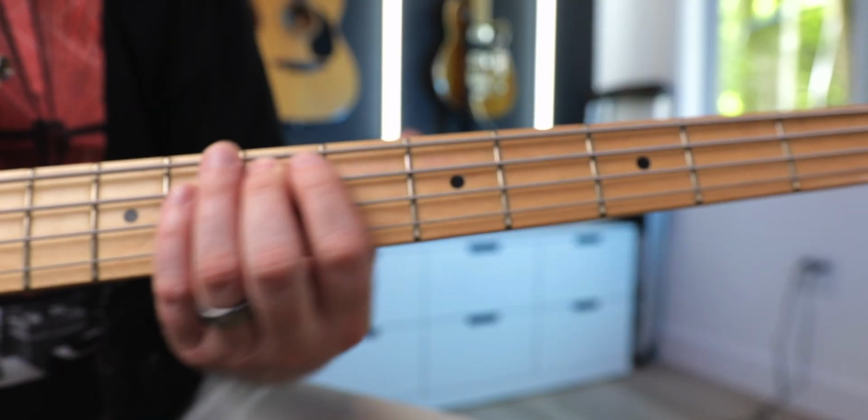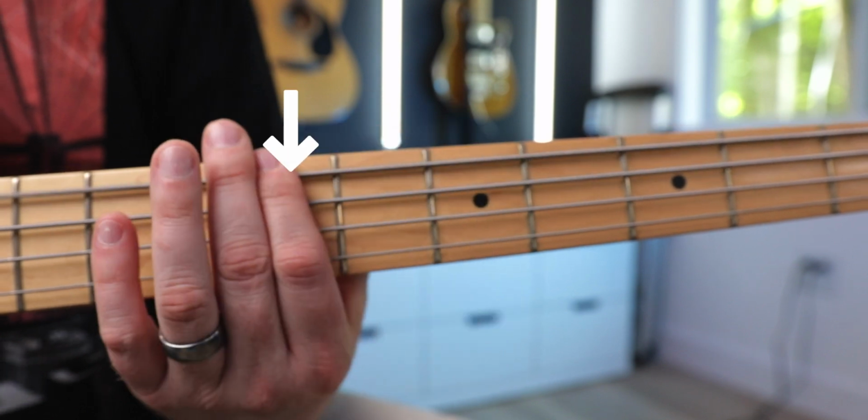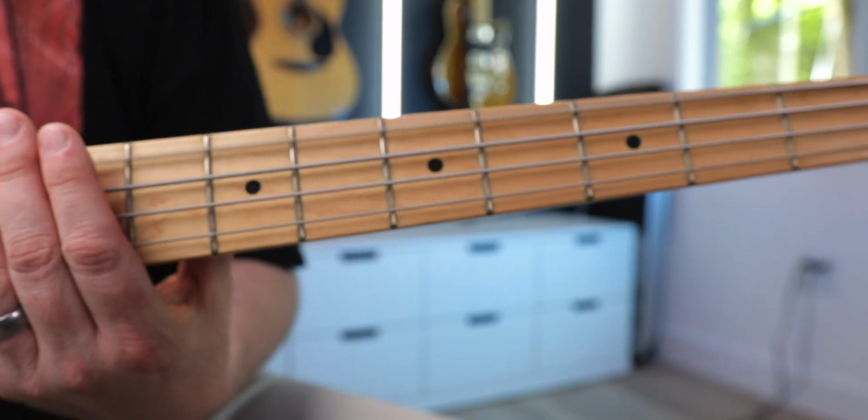Now let's play it in E again, but move patterns. Let's find a different E. How about this E right here? We can use our T shape, which is the same as